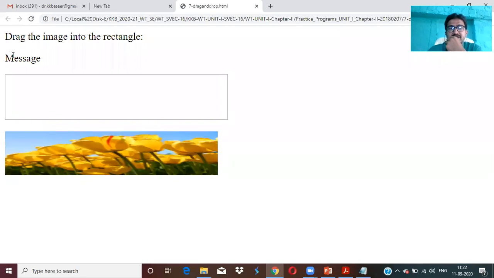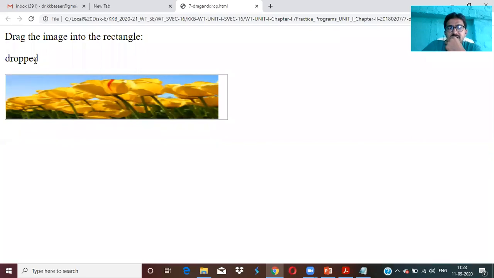Repeat: initially it is a message. When I select this image, it is drag started. This is one event trigger. When I take this image over the rectangle, the message is drag over. When I drop it into the rectangle, it is called drop. Now how many events are there? Drag started, drag over, drop. Three different events you have just called.